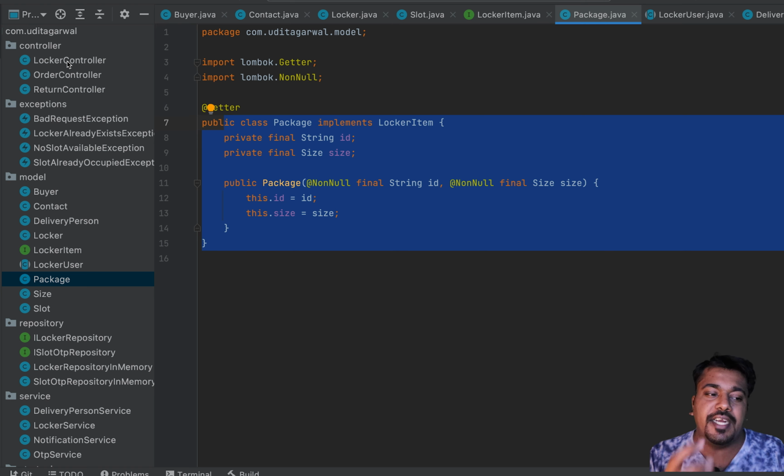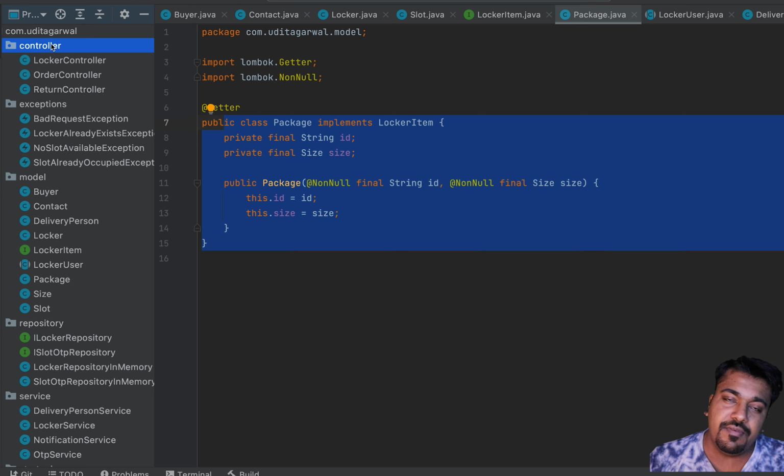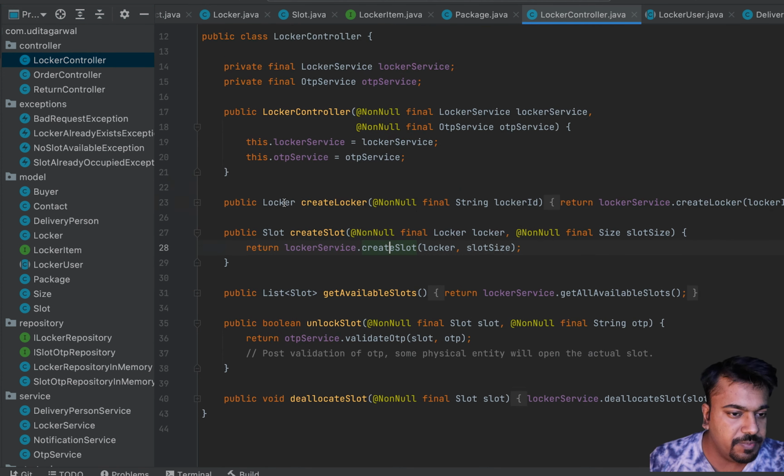Here the call flow starts with controllers, right? So there's something called controllers. In general, you will have controllers, services, repositories. These are three very high level and main layers of a design in such kinds of problems. Controllers are like the API layer, where you will define your APIs, where all the API methods would land.